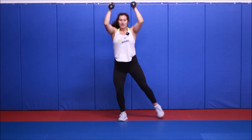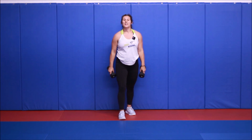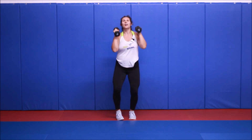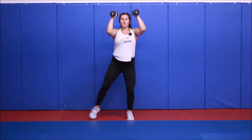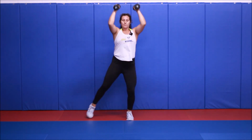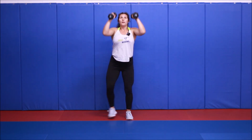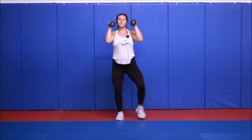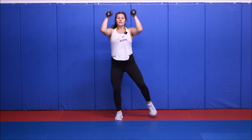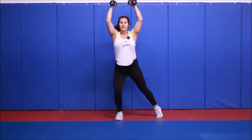All right, next, similar move, but we're gonna press overhead while we step out to the side. Our weight is still staying in the center, okay? So again, just 1 dumbbell you can use if needed. 3, 2, 1, let's go. Try to keep those elbows in tight. And your speed and pace is set by you. So you can keep up with me, you can go slower, you can go faster, whatever works for you. Just don't compromise on your form,